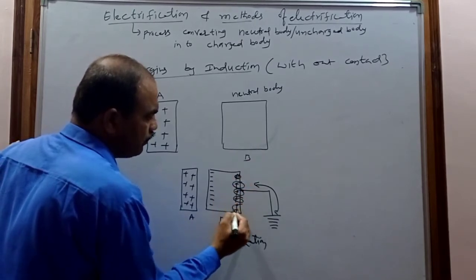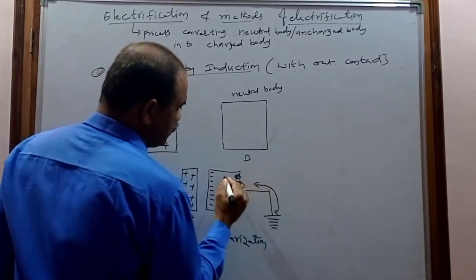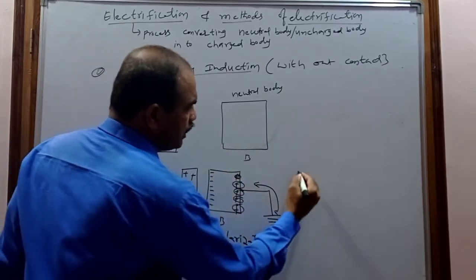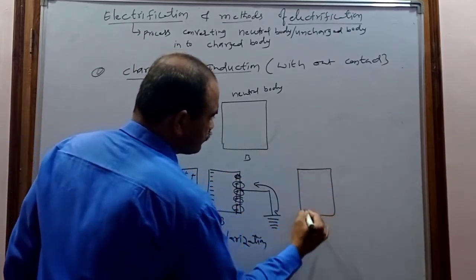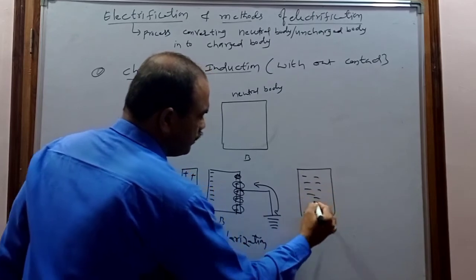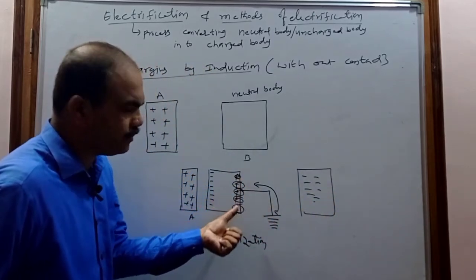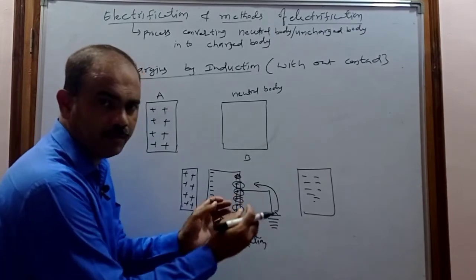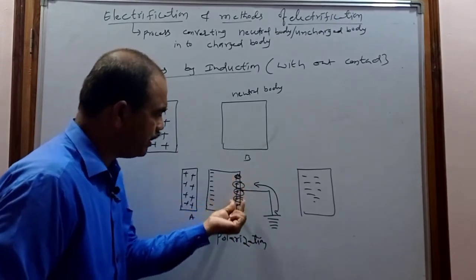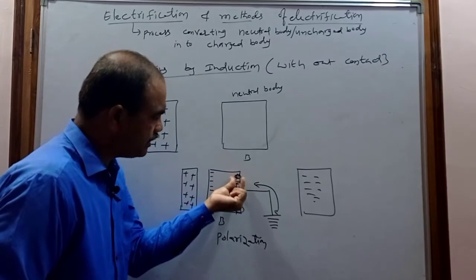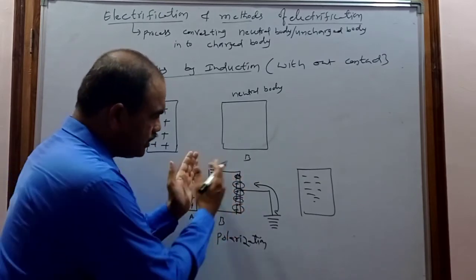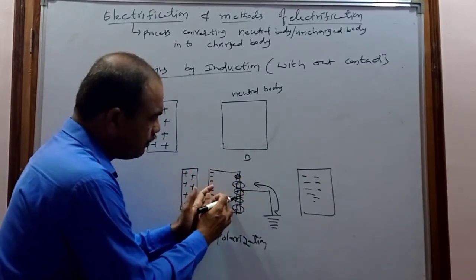So finally, what happened? Now this neutral body B becomes negatively charged, because when the electrons come from the earth and reach this positive charge, they combine and this part becomes neutral. When this end becomes neutral, which charge remains in this body? Only the negative charge